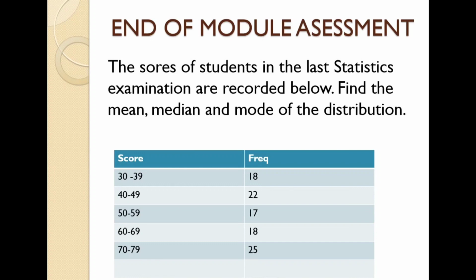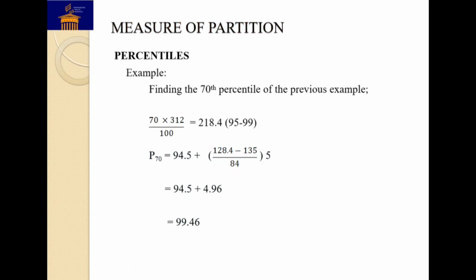Today, we have looked at what percentiles are, what quartiles are. We have looked at measures of partitions, and we have been able to establish the quartiles for both grouped and ungrouped data. We have looked at the deciles that divide a set into 10 equal parts for both grouped and ungrouped data. We have also looked at the percentiles for both grouped and ungrouped data. Please keep practicing until this becomes very natural with you.